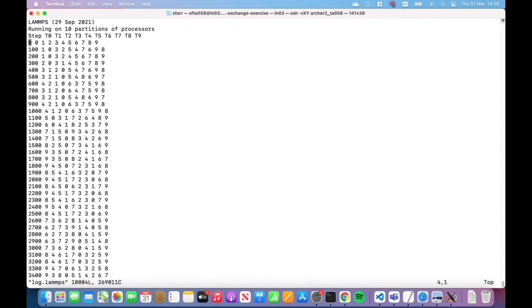At step 0, we see replica 0 is at temperature 0 and replica 1 is at temperature 1. That's how we've set it up. And then at time step 100, which is the first time that we've told it to try these exchanges, we can see